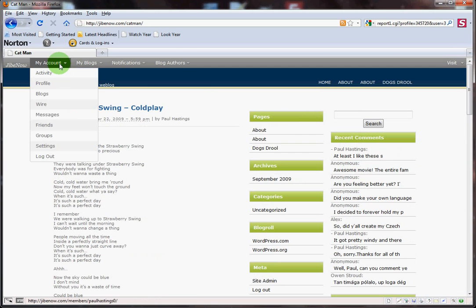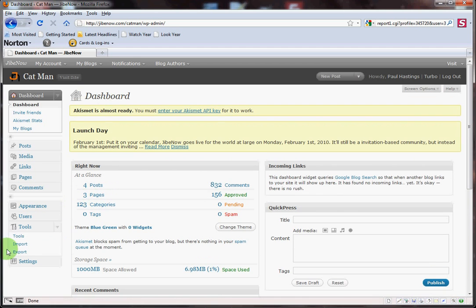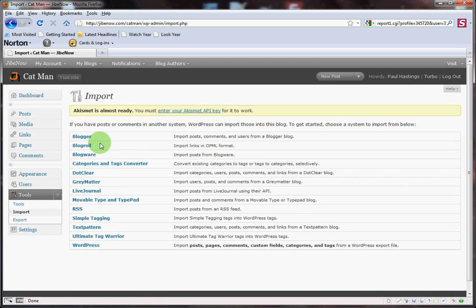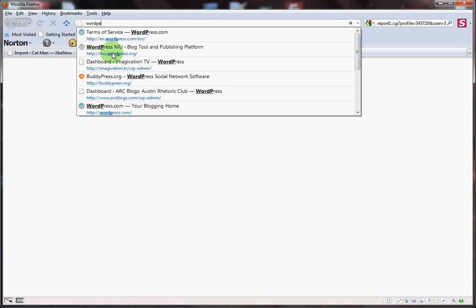Now let's go back to our blog again. And inside the dashboard, let's choose another import option. We'll click Import again. Instead of clicking Blogger, let's use WordPress. Now, WordPress.com is a little bit more involved than, let's say, Blogger. To import from a WordPress blog, we'll need to open up a brand new tab, and we'll go to WordPress.com